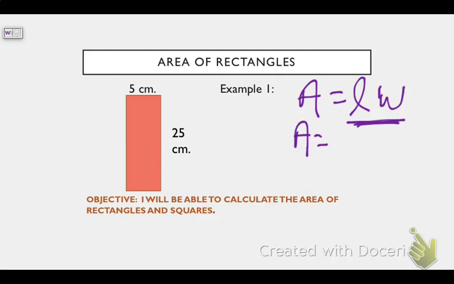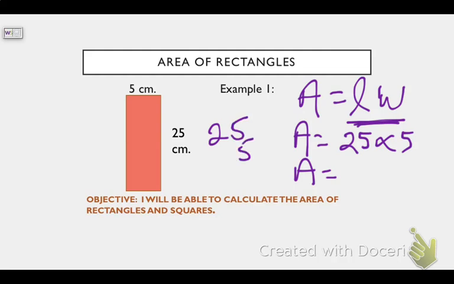A equals 5 times... let's say that again. Let's just say it is a 25 by 5. That means our area is 25 times 5, which would be